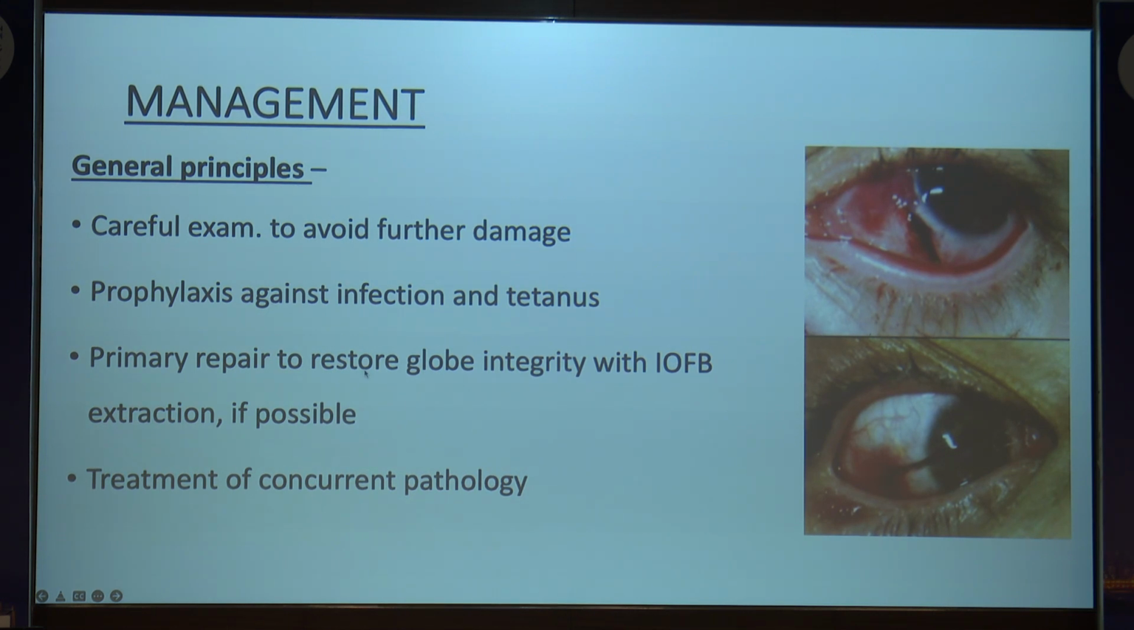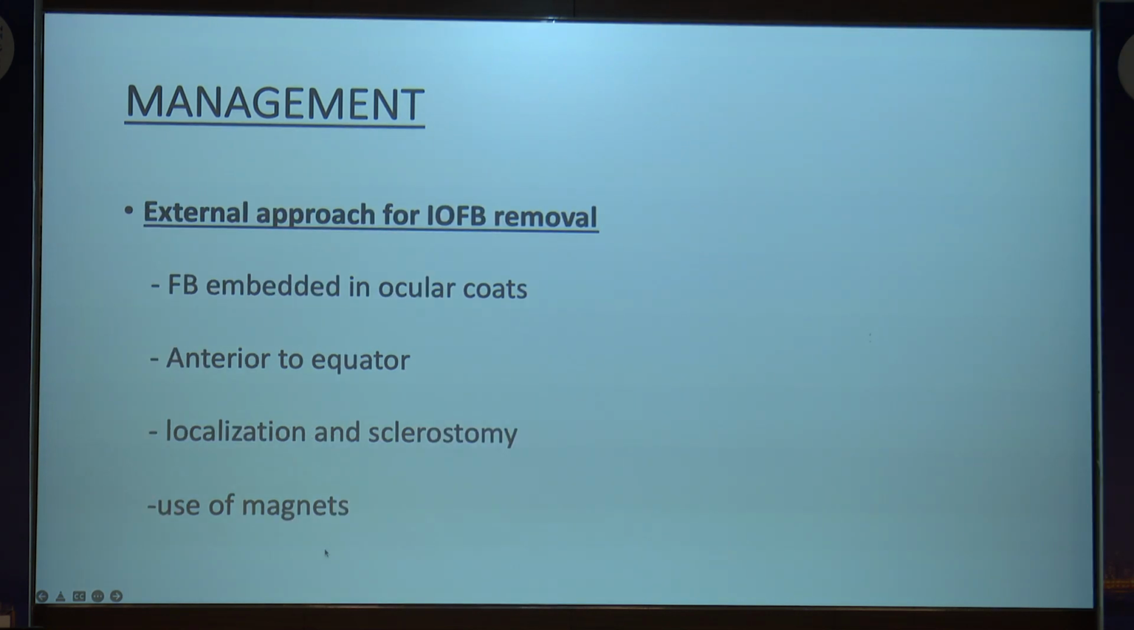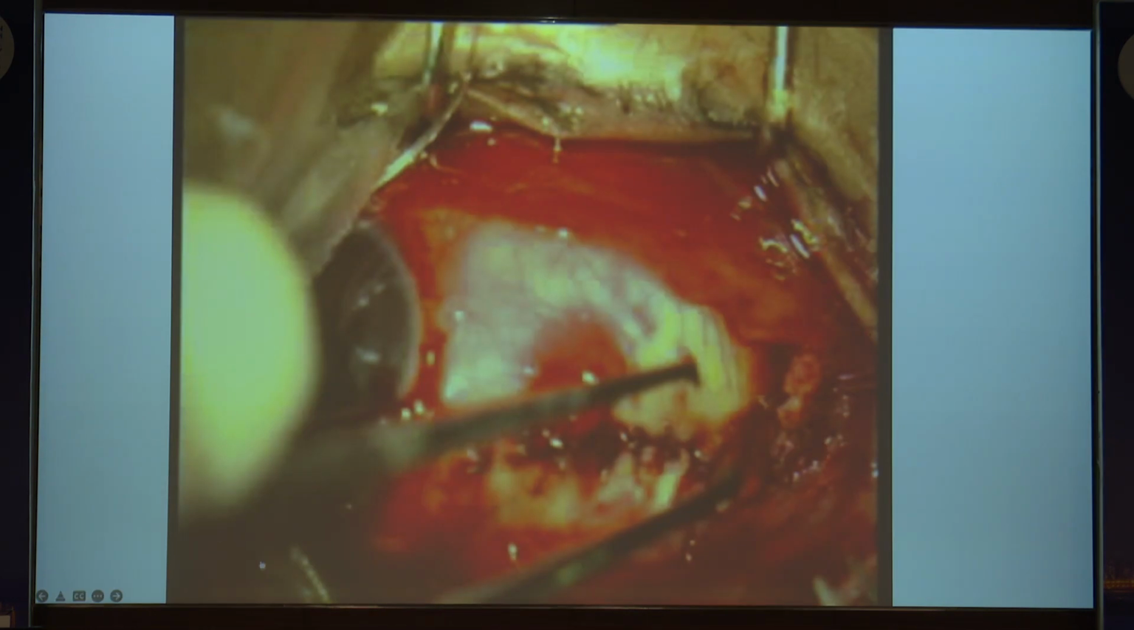And the primary repair, we have to try and restore the globe integrity, and if possible, ideally we would want to remove the foreign body in the same sitting. So if you have a foreign body, there is an external approach. If you have it embedded externally in the coats, or it's anterior to the equator, for example in this video,